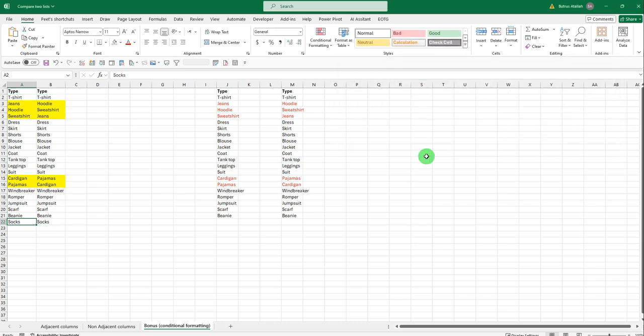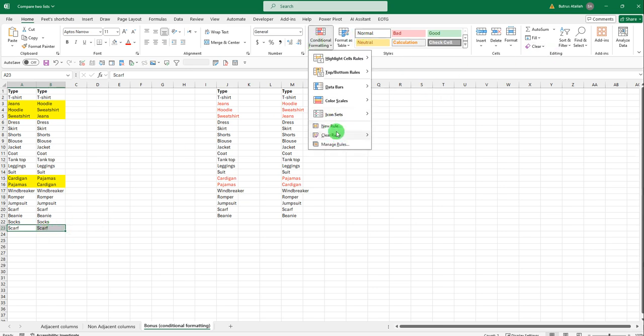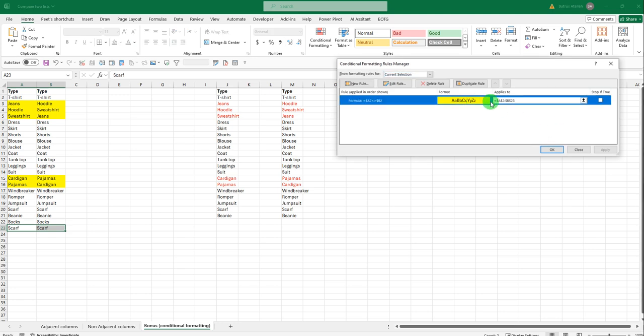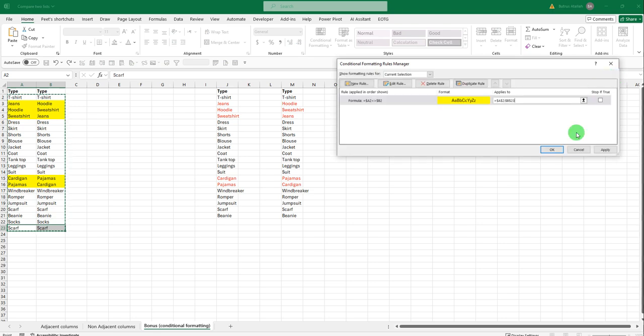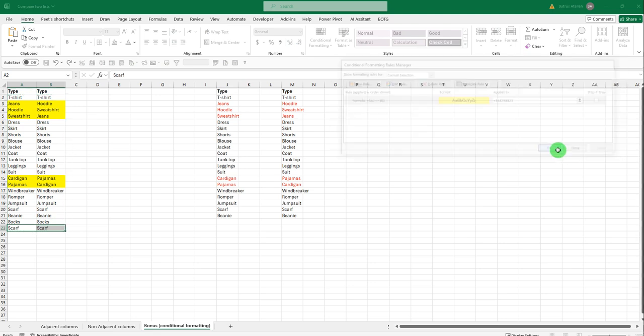So I'm going to add more data now and see what's going to happen. Let's say we added another scarf. If it did not apply the conditional formatting, I should always come and select the range again.